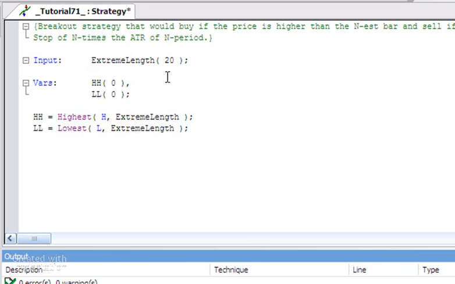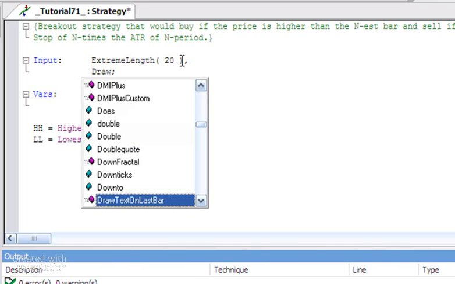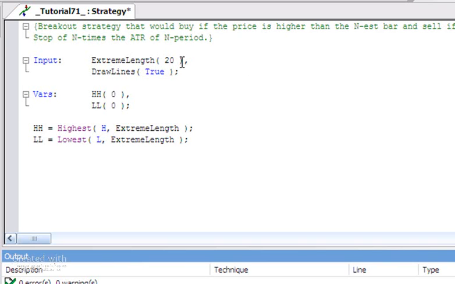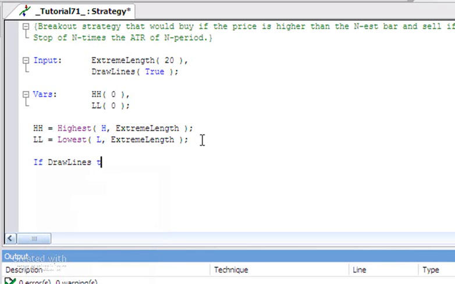So what I'm going to do is create another input called draw lines, and the way this is going to work is when it is set to true, we're going to see the lines, and when it is set to false, we're not going to see the lines. So that gives you a really easy way to turn that on and off. So say if draw lines, then begin,